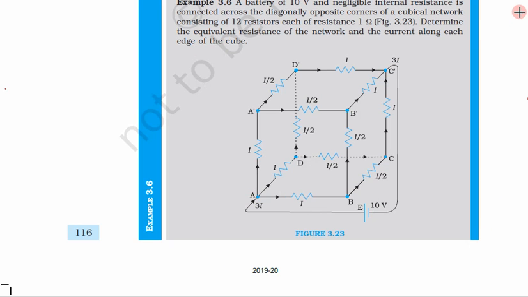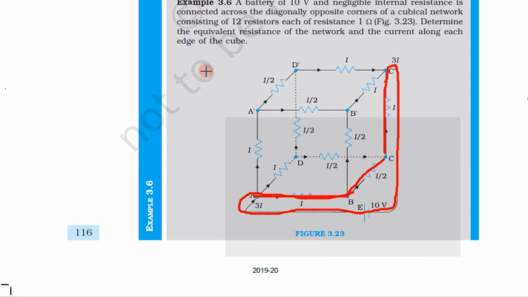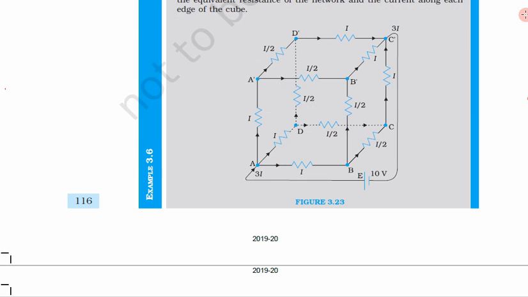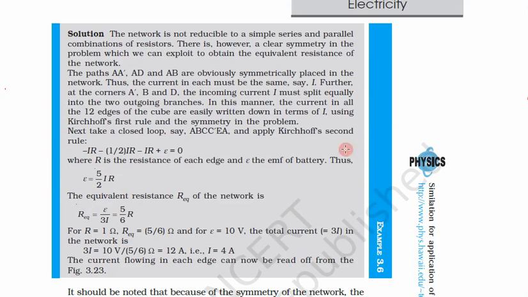So this is our closed loop. Let me make this closed loop. What is the closed loop? A, B, C dash, again back to E, back to A. This is our closed loop. So we have closed the loop. Now let us see what is in this closed loop. So this is our loop A, B, C dash, E, A. Now apply Kirchhoff's second rule.